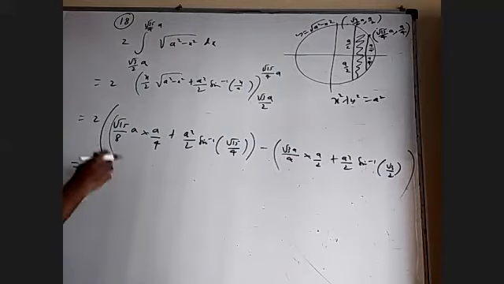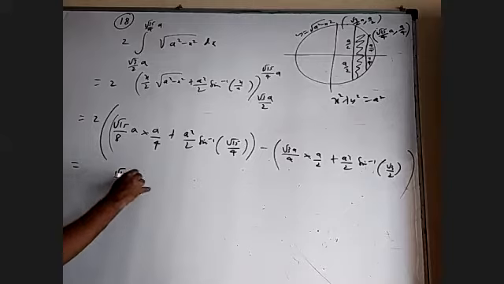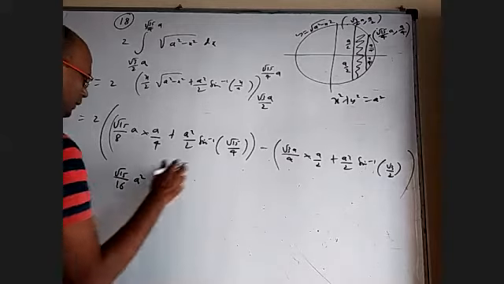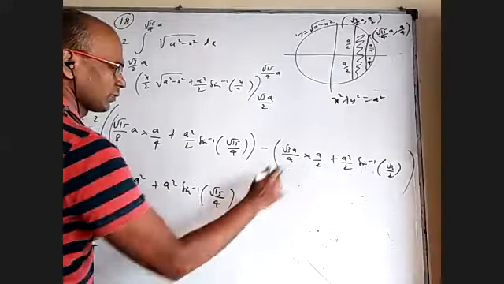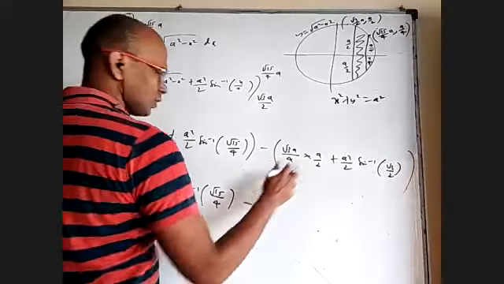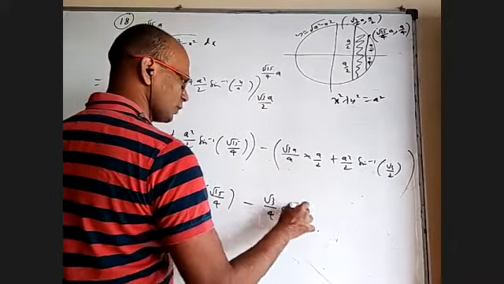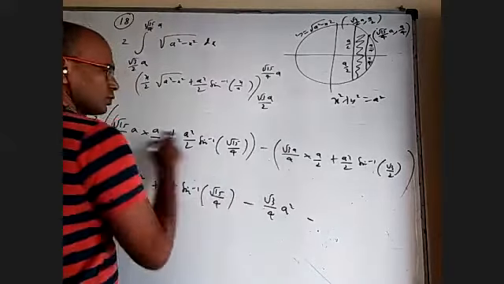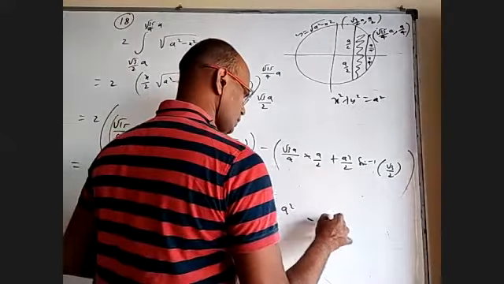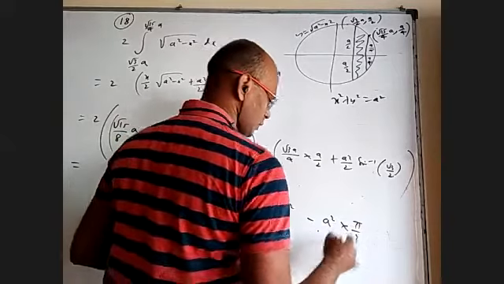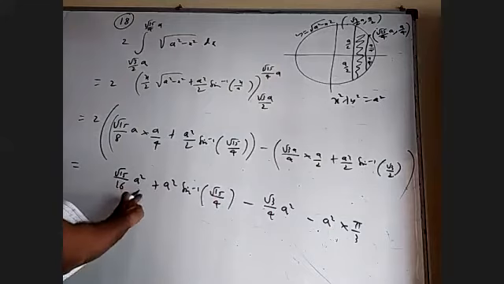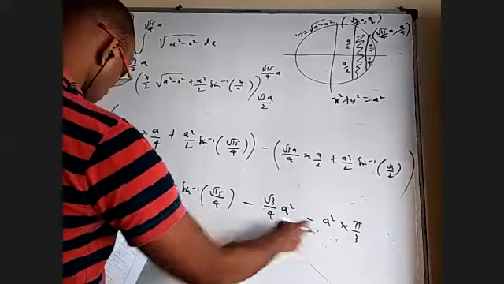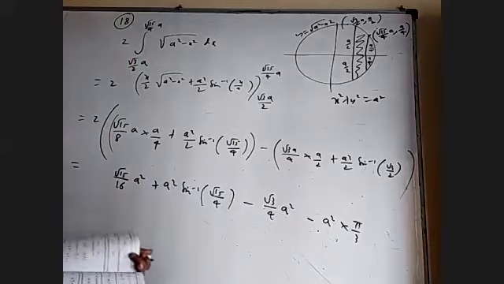Okay, if we want to write, this 16 will come after cancelling 2. So root 15 by 16 is a square. If I multiply this, a square sine inverse root 15 by 4, I cannot simplify. This part, 2 into 2 will cancel, root 3 by 4 a square minus 2 times this is minus a square sine inverse root 3 by 2. So the answer will be minus root 3 by 4 a square minus, option A itself. Is it all right? 18?